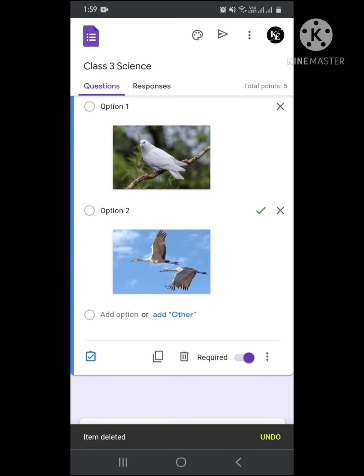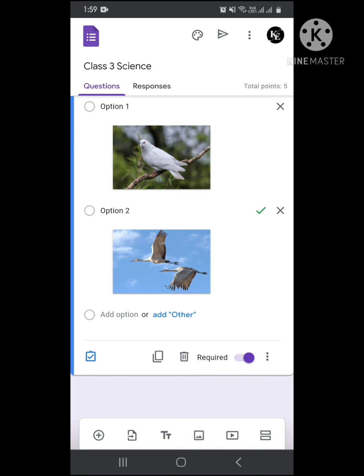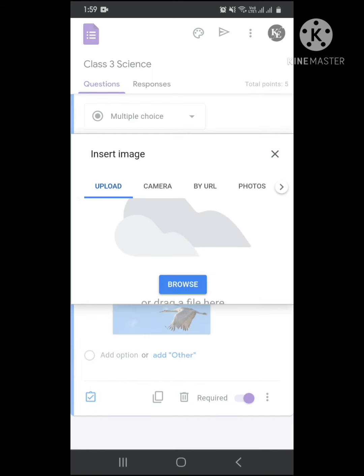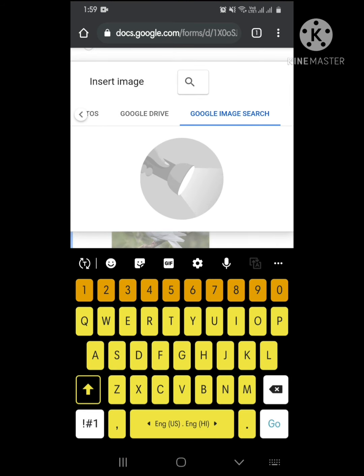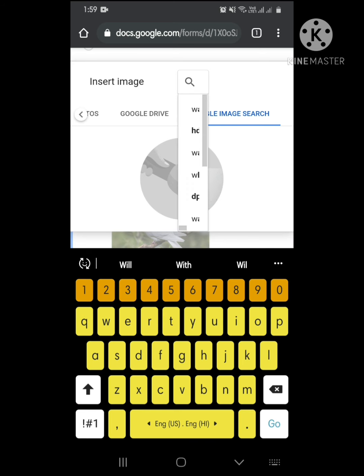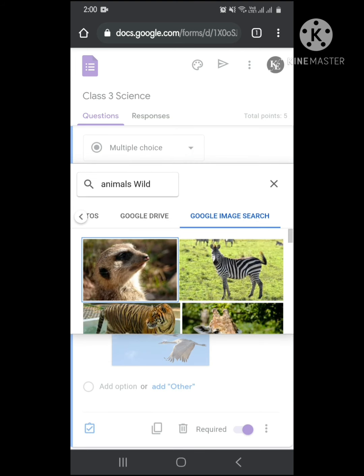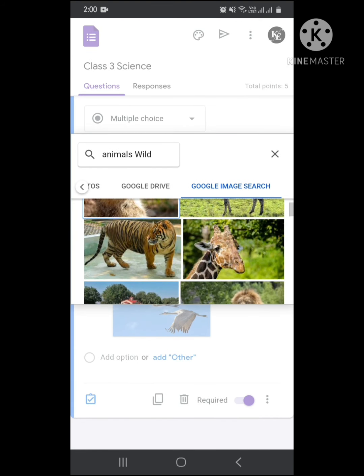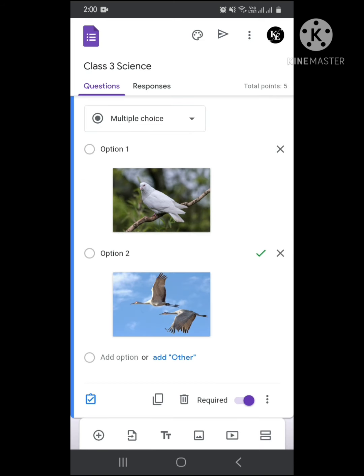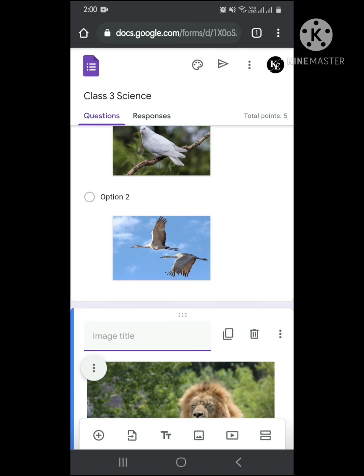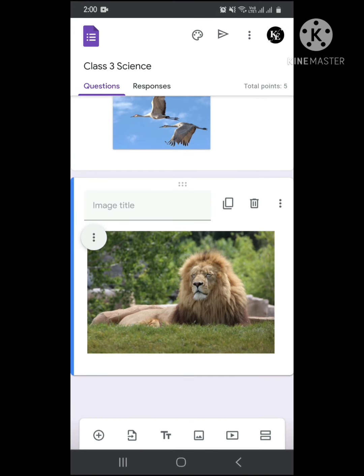So as you can see here down in the bottom you can see there are so many options. The fourth one from the down, as you can see here, fourth one. So when I click on the fourth one, we will be inserting one image. So basing on the image, we will put some more questions, suppose like animals. So here, I am clicking an image of a lion. So you can see here one lion image has been inserted.